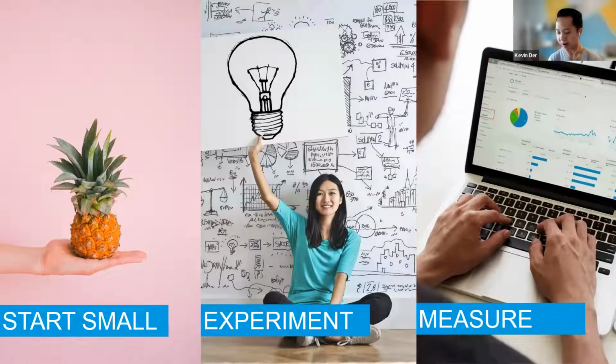And the last point is measure. As I mentioned, we've been forced to accelerate our digital transformation plans. In the process of that, we probably have more data at our disposal than ever before. But data that's not converted into information and then converted into action is completely useless. And we're in a better position now to make data-driven decisions. So when you're starting a new project, when it comes to lead nurturing, ask yourself, what do I want to know in the end? And you can reverse engineer and build a work plan from there.